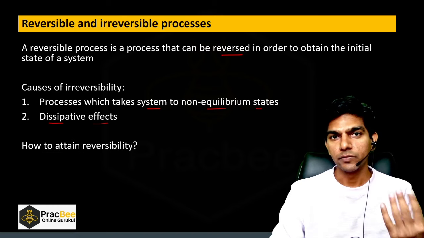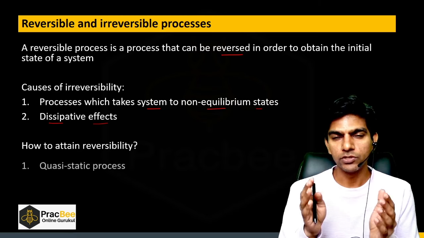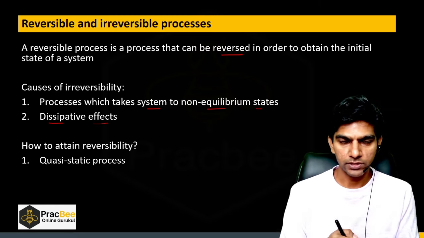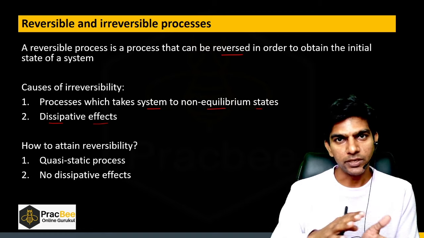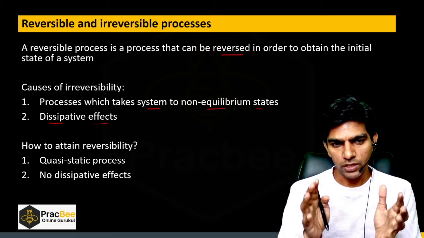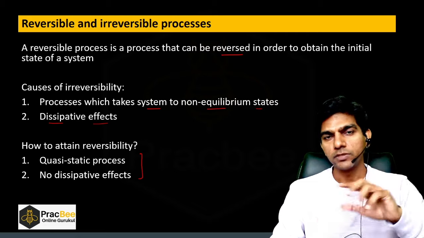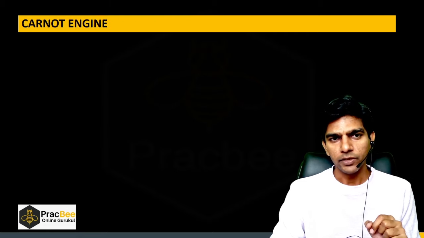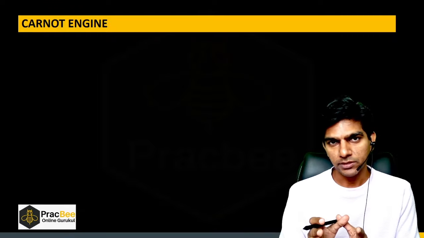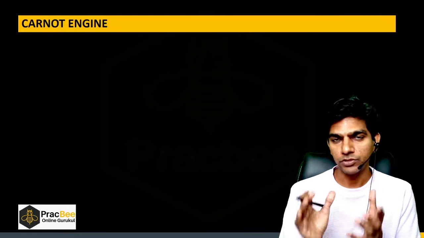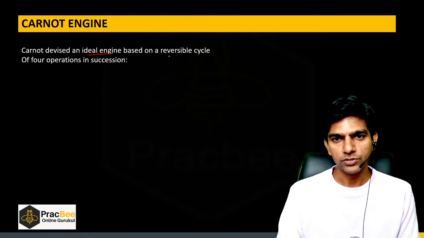But how can we attain reversibility? There are some ways. First, we can make the process very slow. We call those processes quasi-static processes. And second, we can try to remove dissipative effects as far as possible. If we are able to achieve these two conditions, we can make a process reversible. Now, by using reversible processes, we can have an engine which utilizes only reversible processes and gets the maximum efficiency out of it. The Carnot engine is an ideal engine based on a reversible cycle